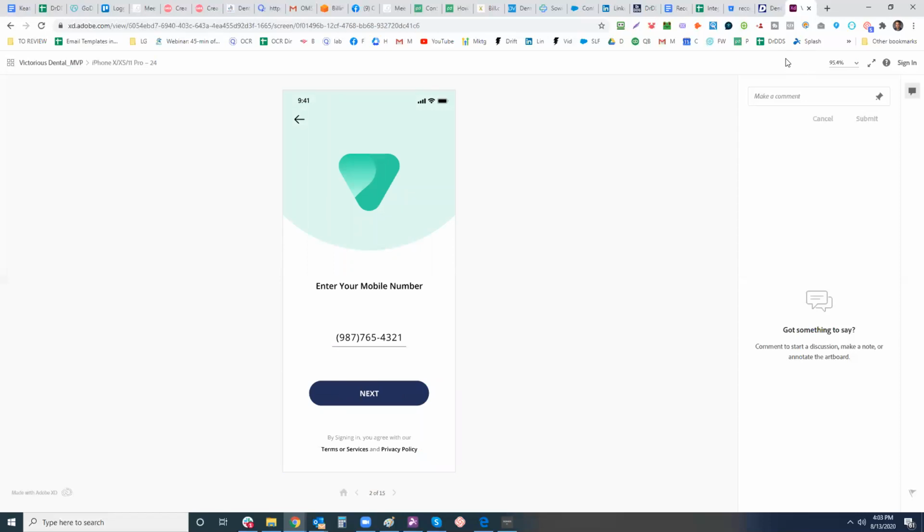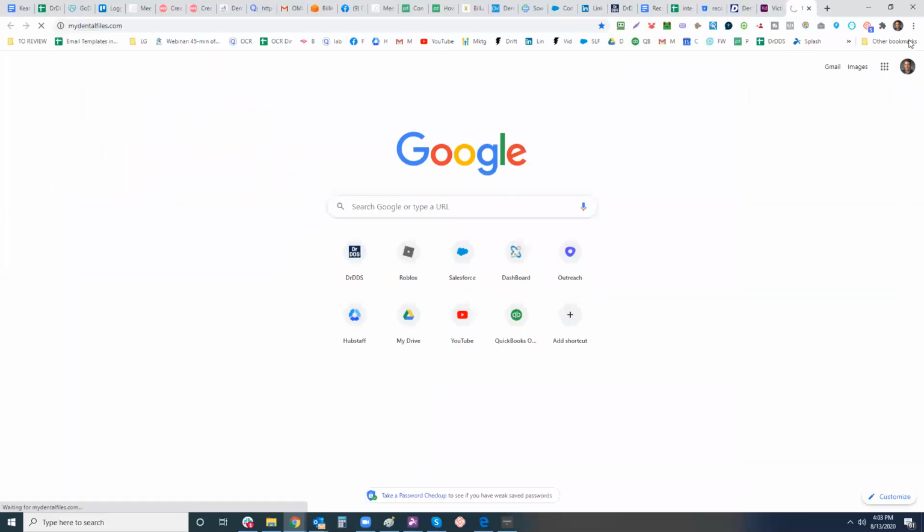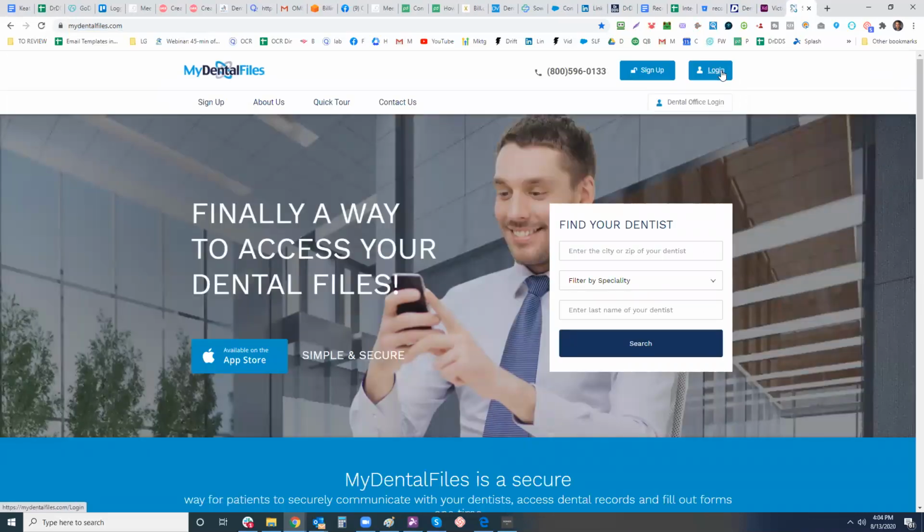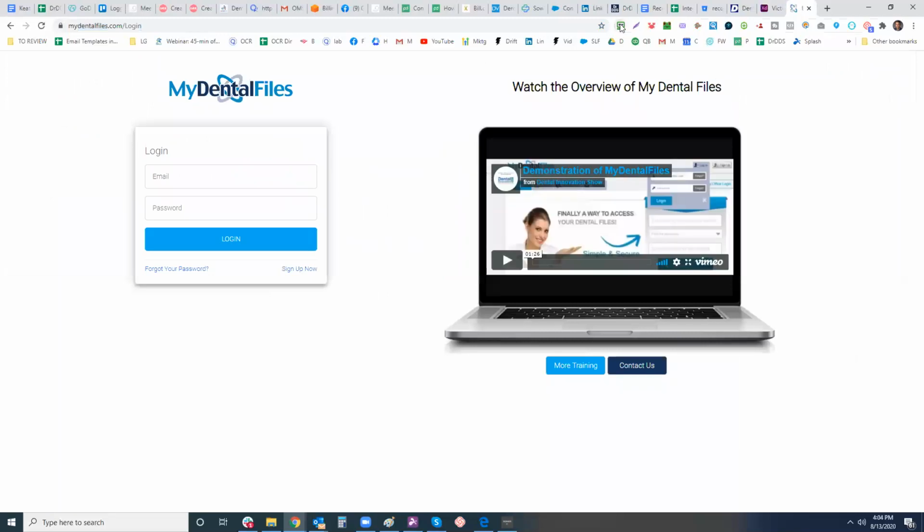The product that we built end to end that actually sits on the iTunes store is called My Dental Files. It's old, I built this like 10 years ago, but it has all that framework to be able to do that as well. So we can dust this off and improve the UI from a patient perspective. Anyway, that's enough. I gave you a lot of good ideas. Go back to Anton. I'll send you this recording.